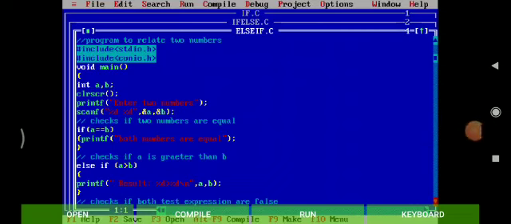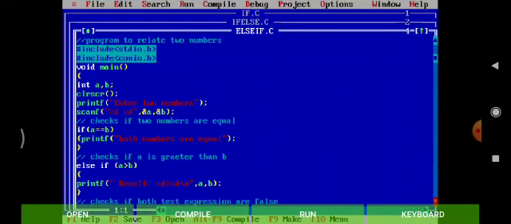So friends, now let's see the final and the last program of this video, of else if. In this else if program, we have to compare two numbers, which one is greater and which one is smaller. Again in this example, we have included two header files similar to the before programs. Then we have declared two integers, integer a and integer b, and these two integers are taken from the user.